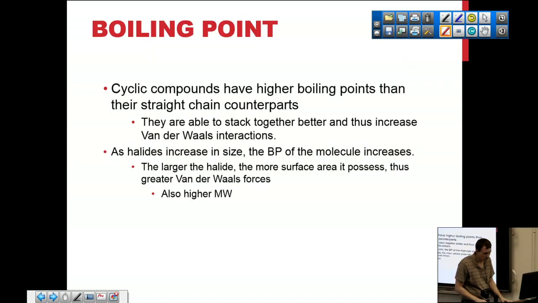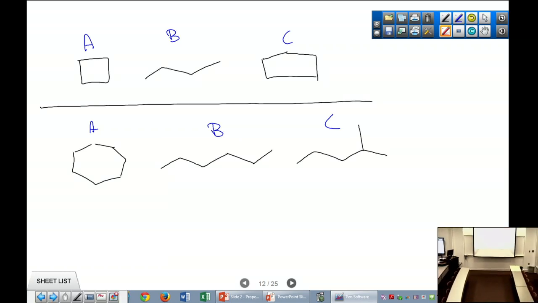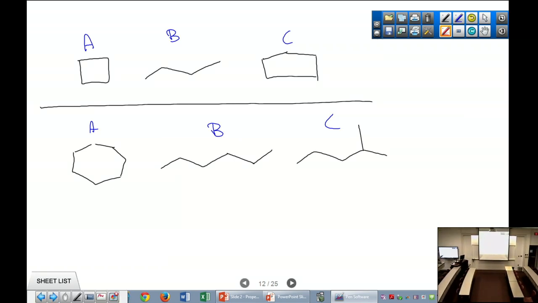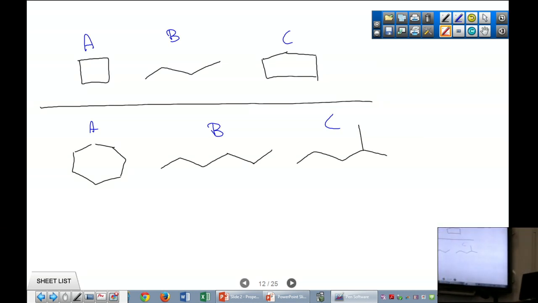Okay, so now you can mix and match, in these groups of problems, rings and straight chain molecules. What I can tell you is, I don't know the difference in boiling point between hexane and cyclopentane. But what you can do is look at a group of molecules and go, all right, this has 5 carbons, and it's in a ring. This is 4 carbons, and it's straight. And this is 4 carbons in a ring.